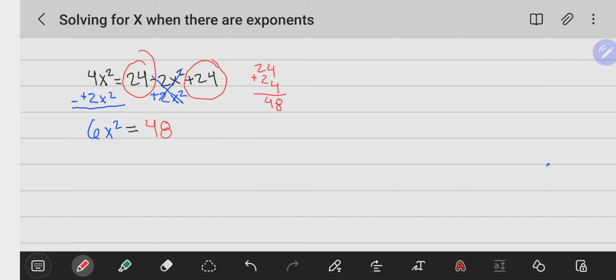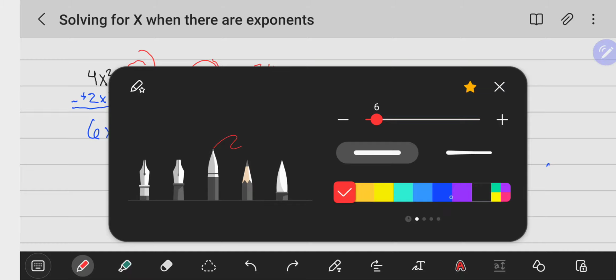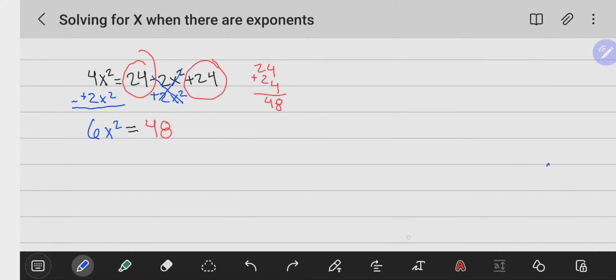Now, at first glance, this could look a little tricky, right? Because what should we do first? Should we divide first? Should we get rid of this 6, right? Or should we get rid of the exponent first? Well, let's go ahead and try to get x by itself, okay? So we're trying to isolate x. So in this situation, what I want us to do is to go ahead and get rid of this 6, okay? So we're going to do that by dividing both sides